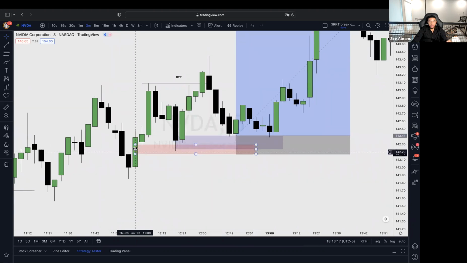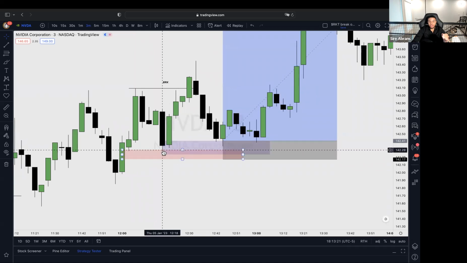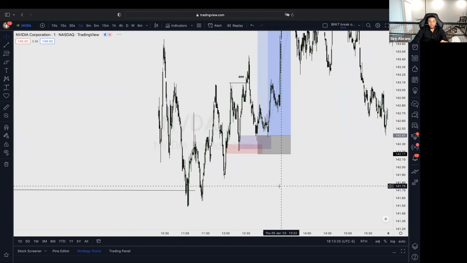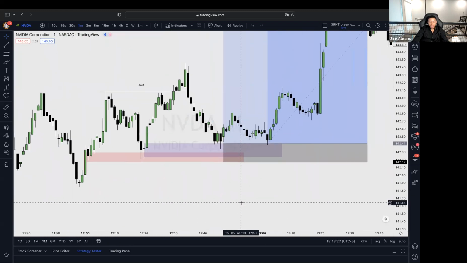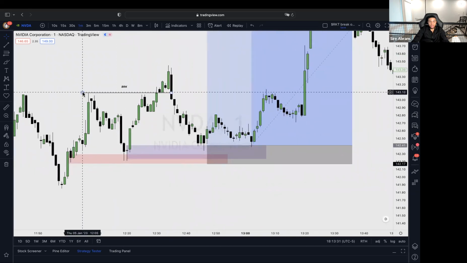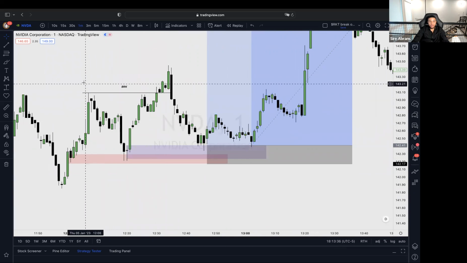Impulse up, we left between a fair value gap. So I took my initial position right here as we left. So I took a second position, which basically just averaged down right off of this. So we can see here, here's our break. This low initiated the move up to break that high.